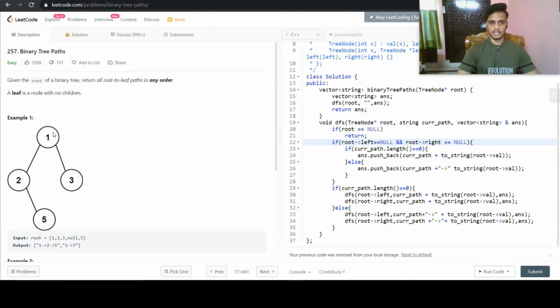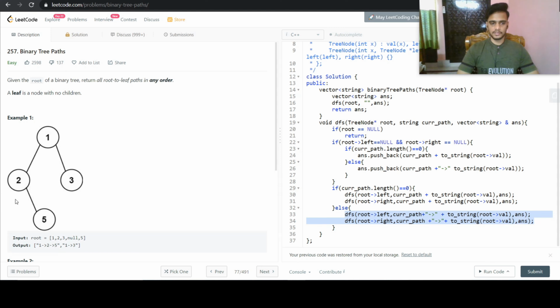It will again enter here, and it will check whether we hold something in our current path or not. We are having this value in our current path, so it will go inside this one, and then it will just call the DFS function for its left child and right child.